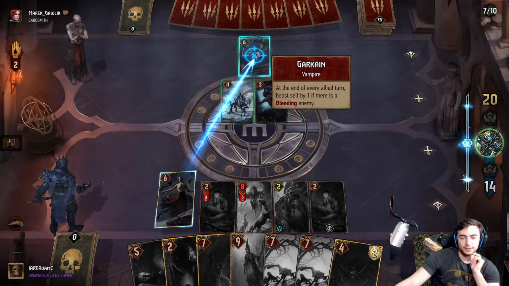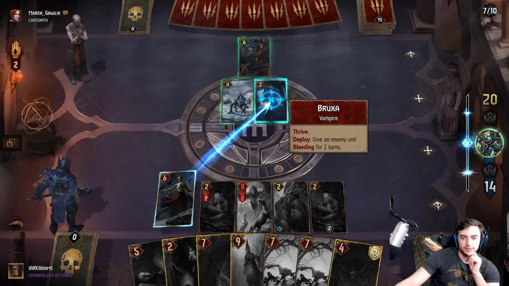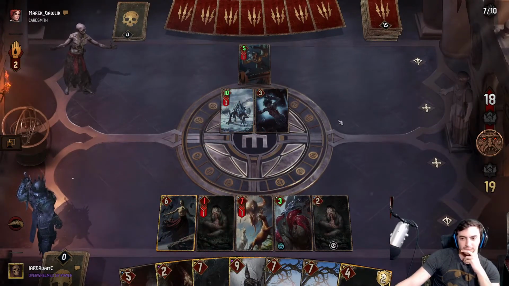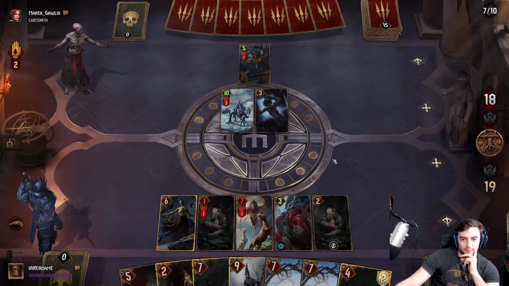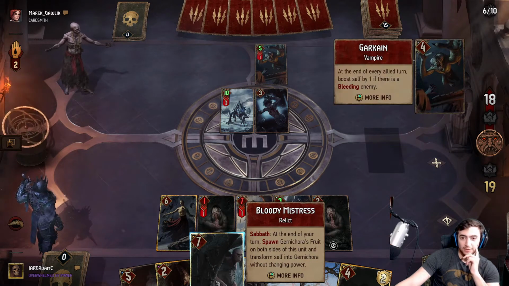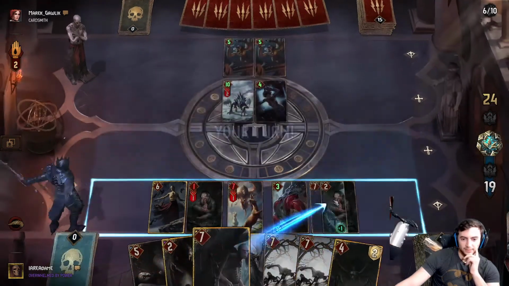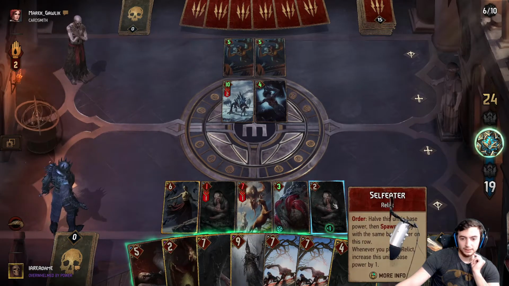Return. Who do I want to make bleed? We're both going to keep gaining 1 each turn. So it really doesn't matter. Please don't damage any of my guys. Because that'll die at the end of my turn, but I can boost it with Bloody Mistress, so... 1, 2, 3, 4, 5, 12. I definitely probably have enough. If I split that, then...